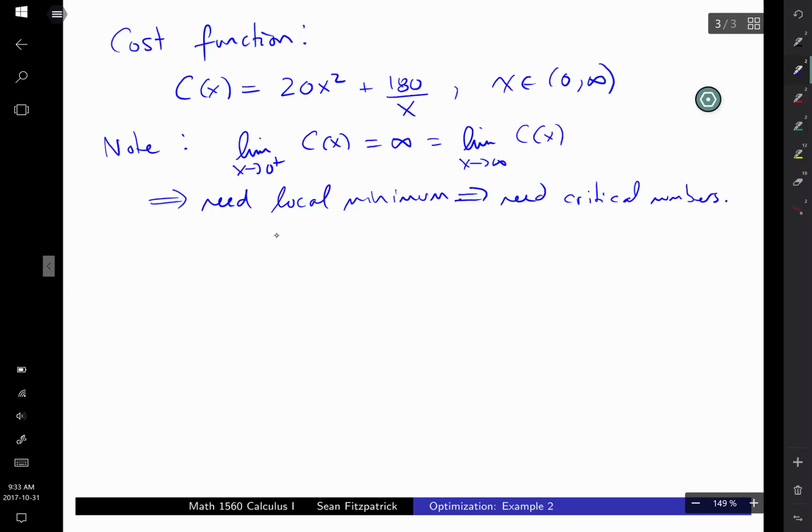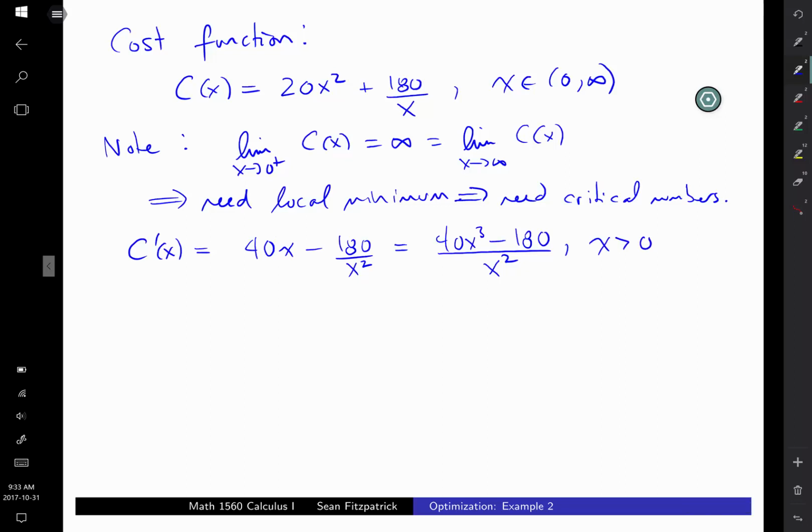Okay, how do we get critical numbers? Take the derivative. So c prime is going to be 40x minus 180 over x squared. Okay. So multiply that 40x top and bottom by x squared: 40x cubed minus 180 over x squared. All right. Now, of course, again, we're not allowing x to be 0. We don't have to worry about the fact that the denominator could be 0 here because x isn't allowed to be 0. So the only way for c prime to be 0